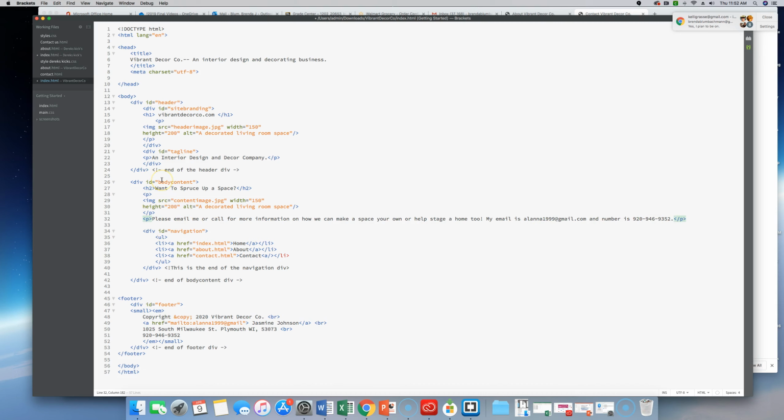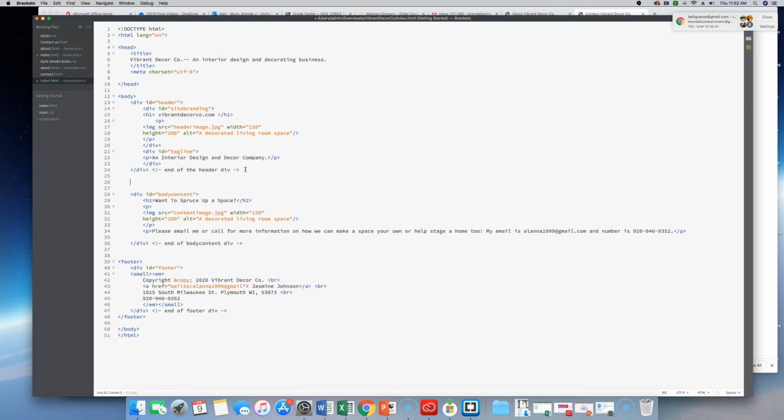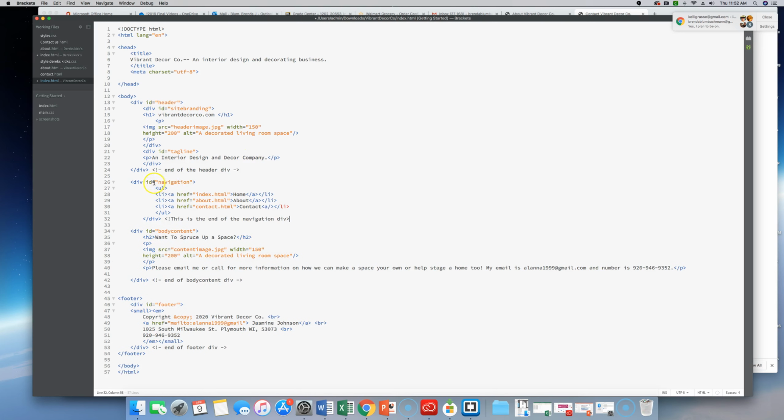And then within your body content, you have some stuff and then your navigation. Typically, your navigation is the second thing on the page after your header. So this whole navigation section should be up higher on your page. So I'm going to cut it out of here, and I'm going to put it after your header. So here's your header, and the next thing that comes in is your navigation. What's this? Oops. And then the next thing that comes is your body content, and everything in here looks good after you've added that paragraph. And then your footer,